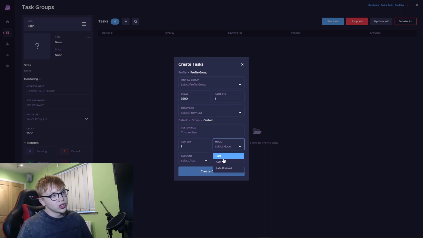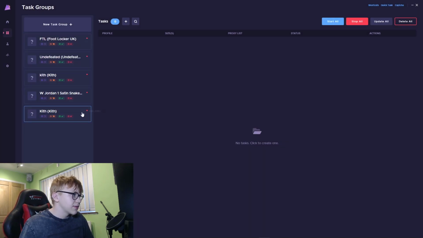So you have your modes. You have fast, safe, and safe preload. I've only used safe preload so far, but in the PRISM Discord, it will tell you when to use these. This red dot here will tell you if the task is running or not. You can also create tasks by clicking here,